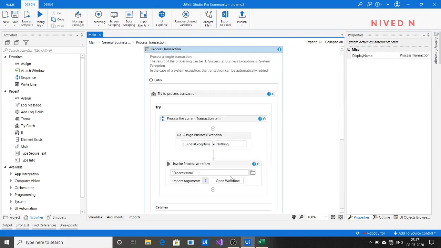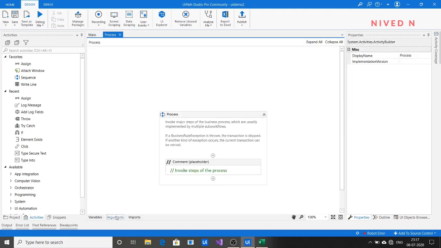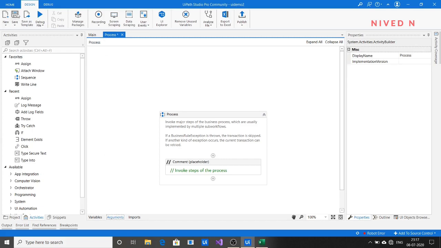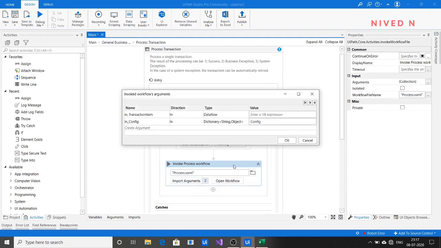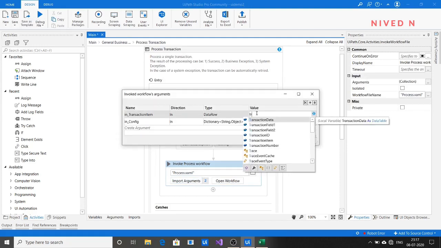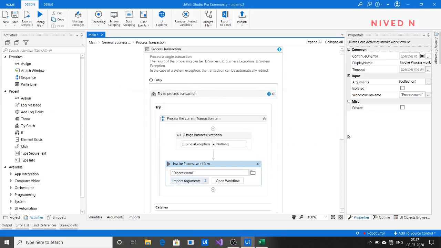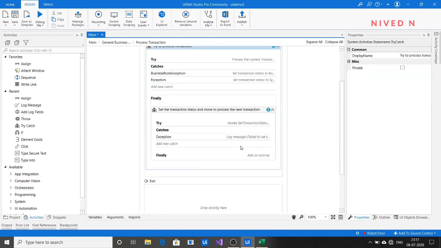Now just go to Process Transaction. Here also we can see the argument type of transaction item is queue item, so change it into data row. Now save this, close it. Now check the import arguments, whether we have to add the transaction item. Click on OK. Still there's an error, at the Get Transaction Data section.